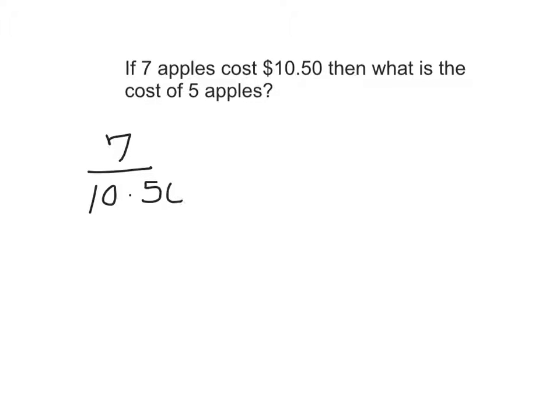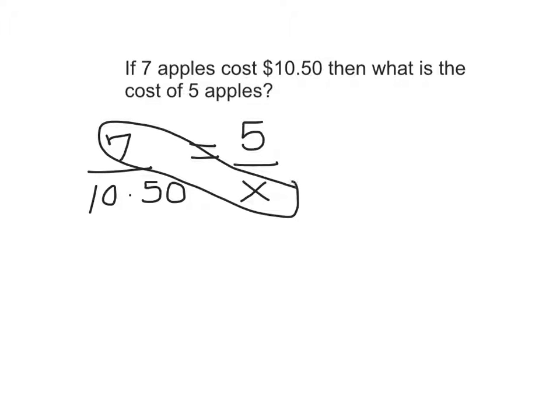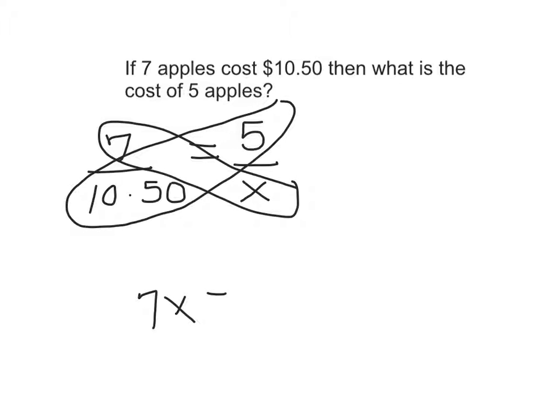So I'm putting my apples on the top and my cost on the bottom. We know that's equal to 5 apples, putting my apples on the top, and I don't know what the cost is, so I'm putting X. Now I can cross multiply by doing 7 times X, which is 7X, and 5 times 10.50, which is equal to